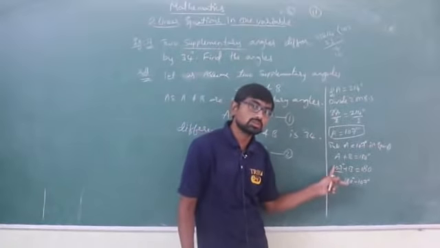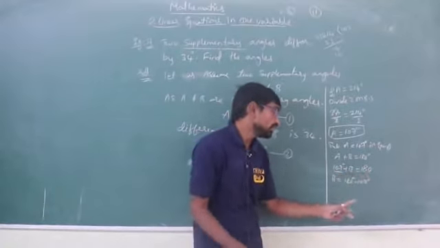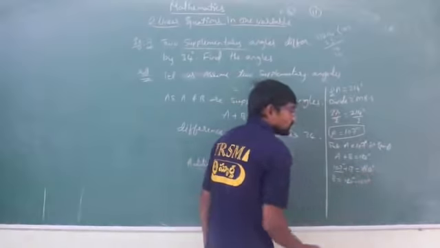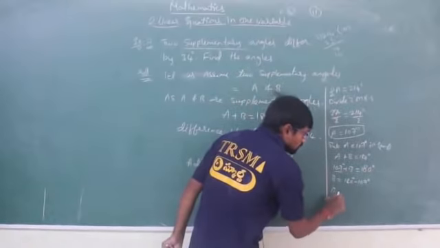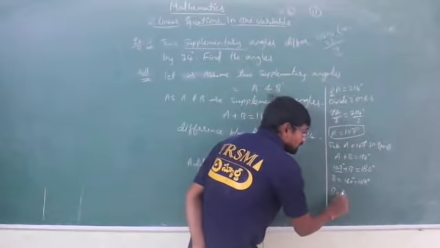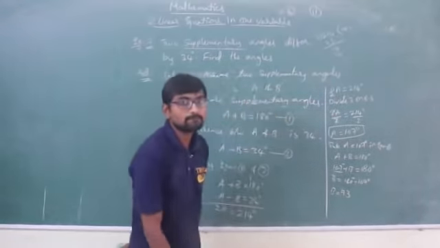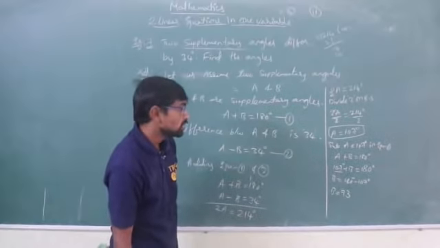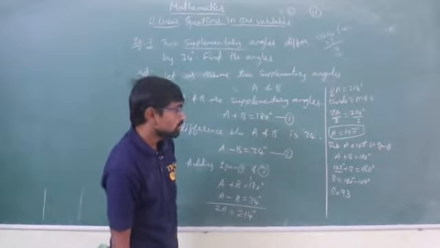So 107 minus 107 is 0. Here from 180 I am subtracting 107. Hope you all understood, isn't it? So B is equal to, if I remove 107 from 180, I will be getting 73, isn't it? So this is how you can find the value of